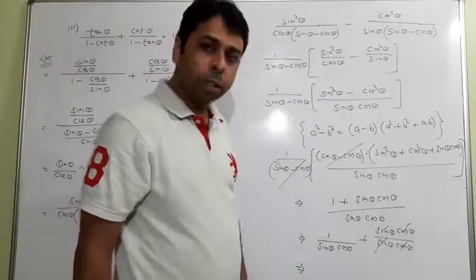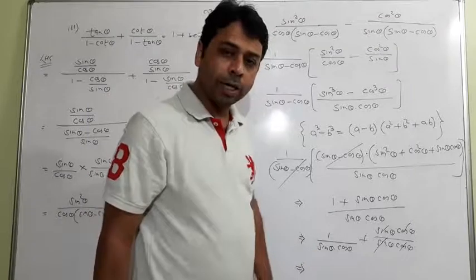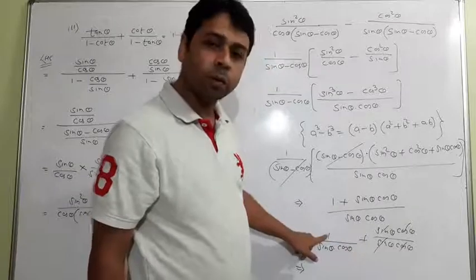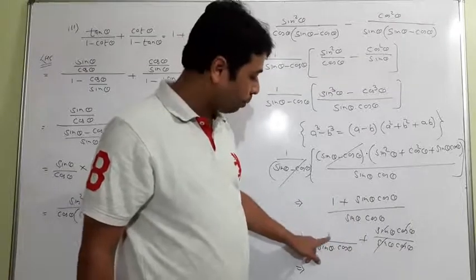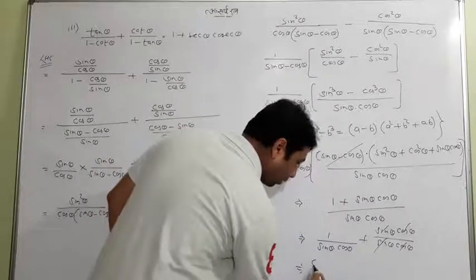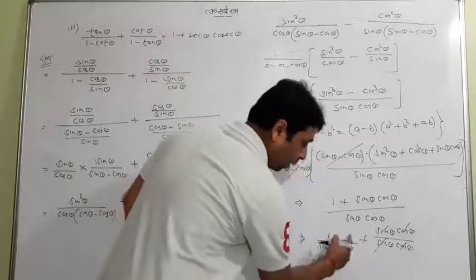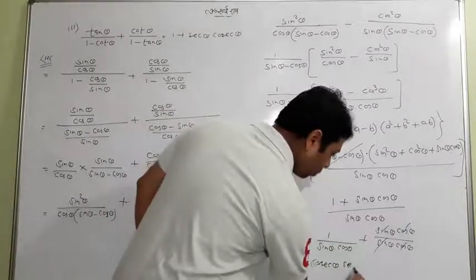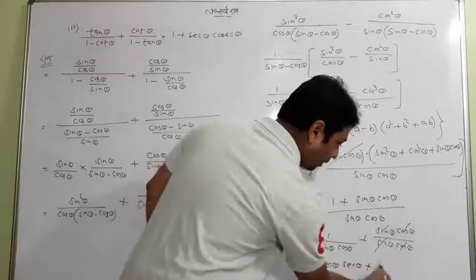What about here? Now think, I won't stretch it long, I will tell you. It is 1 by sin as well as 1 by cos, because 1 is there only. You can separate it like that. So 1 by sin meaning reciprocal of sin, so reciprocal of sin is cosec. 1 by cos meaning reciprocal of cos meaning sec. And already it's all cancelling to 1.